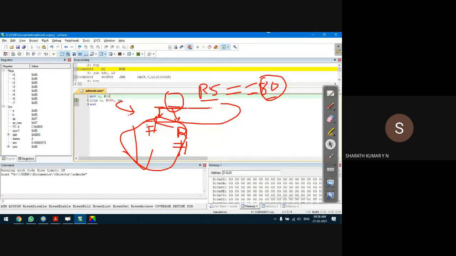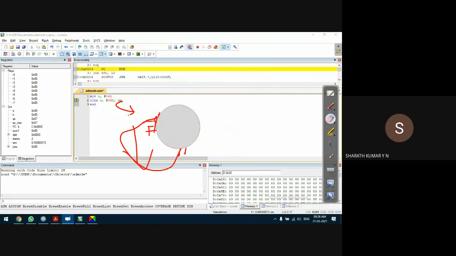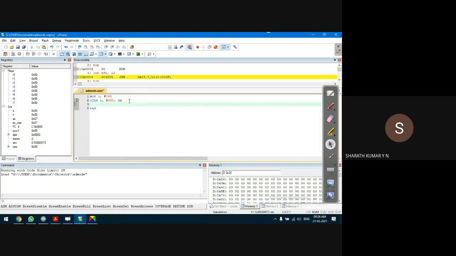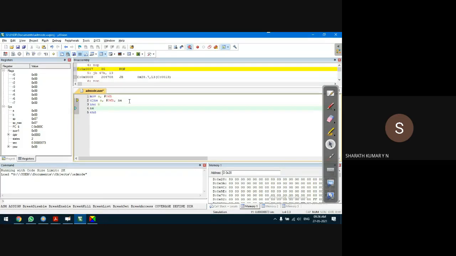We'll check both the conditions, equal and not equal. If it is not equal, then it has to go to the target location represented by the label. Next instruction is, for example, increment B, just to observe and understand the flow of the operation. Here we go. Very simple program.